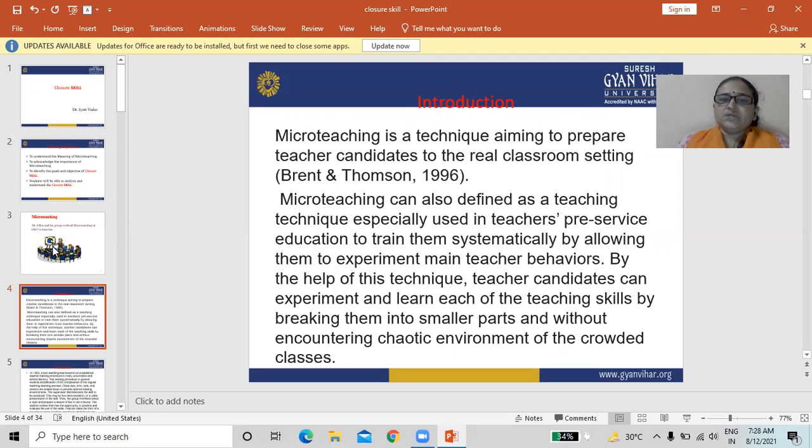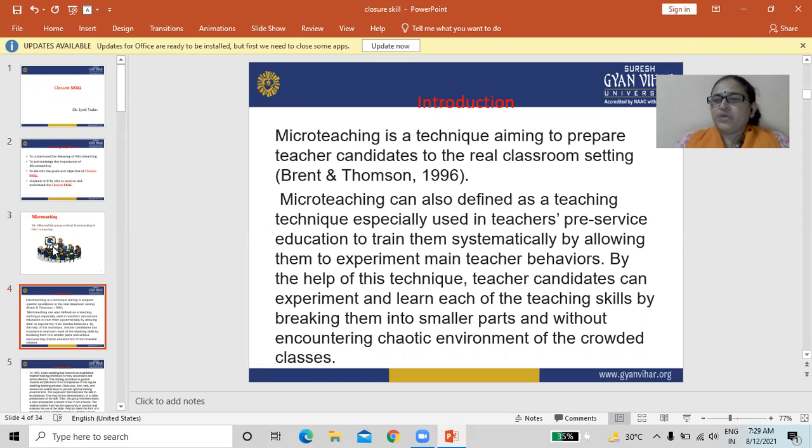Micro teaching is a technique aiming to prepare teacher candidate to the real classroom setting according to Brent and Thompson 1996. Micro teaching can also be defined as a teaching technique especially used in teacher pre-service education to train them systematically by allowing them to experiment